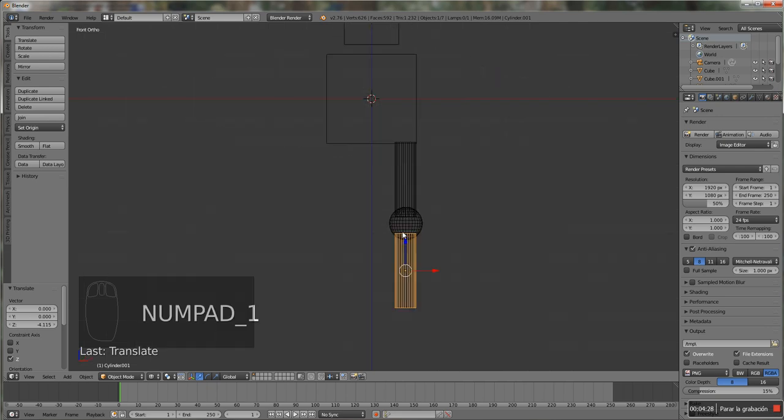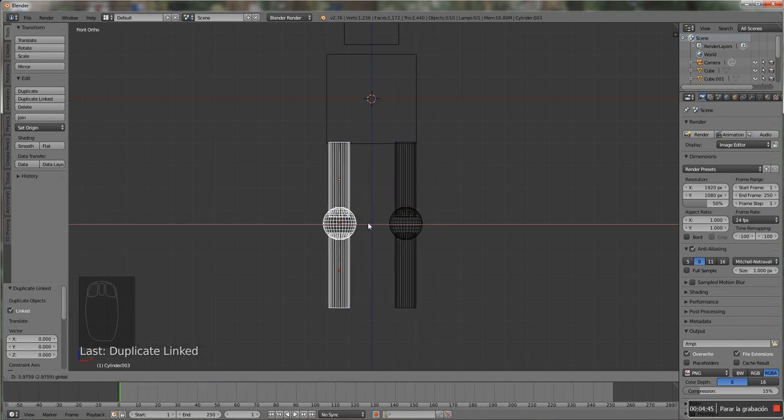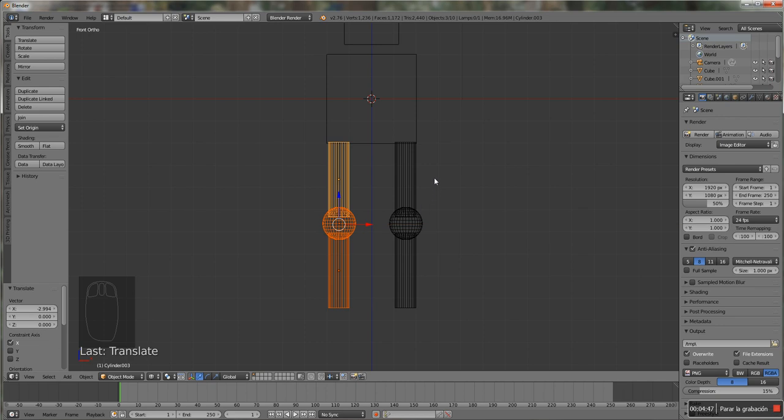Okay, after this I'm going to select by holding Shift and right click as usual. I'm going to take the whole leg, and again Alt D is going to allow me to duplicate the whole leg. Nice. Now I'm going to press Alt D again and duplicate the leg once more, but in this case